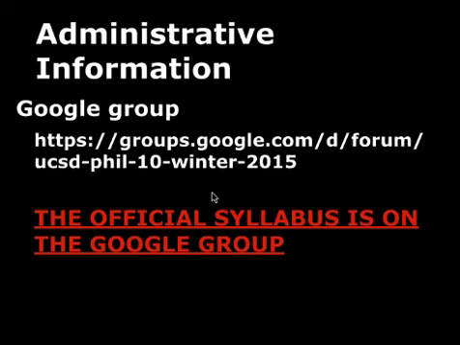The official syllabus for the class is on the Google group, or more accurately, there's a link right there. When you go to that Google group, the welcome message up at the top is just going to say the link to the syllabus is here, in big red letters, and that's going to be the first thing you see. At least on the desktop version. If you go to Google Groups on a mobile, like on your phone, it doesn't have the welcome message for some reason, but the first actual message, which you will see, will also be a link to the syllabus. Okay, so that's how you get to the syllabus, just go through the Google group.